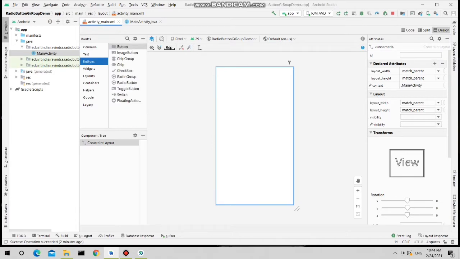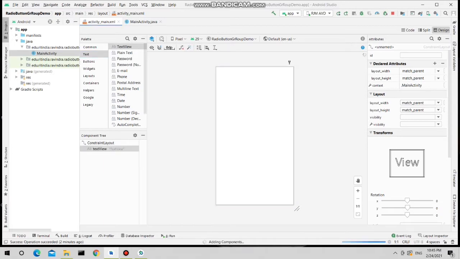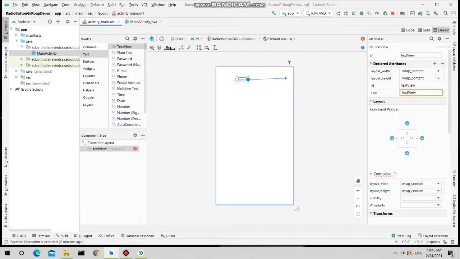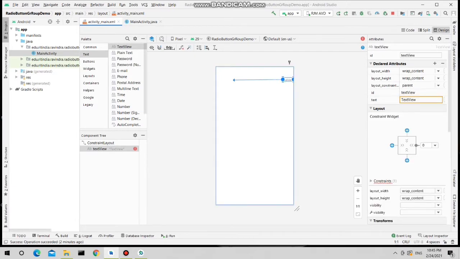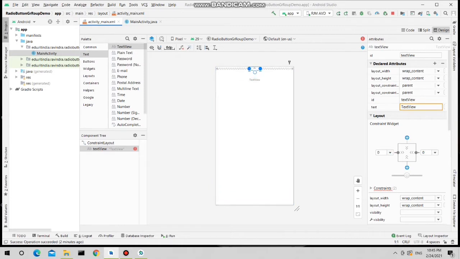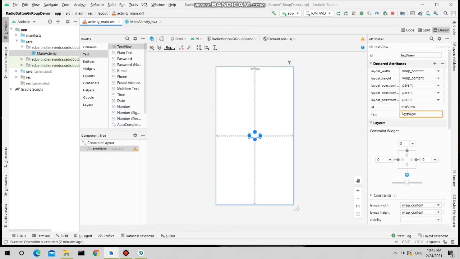So I'm first taking a text view here. With this text view, I'm going to display the question. So let us add the constraint for this text view.